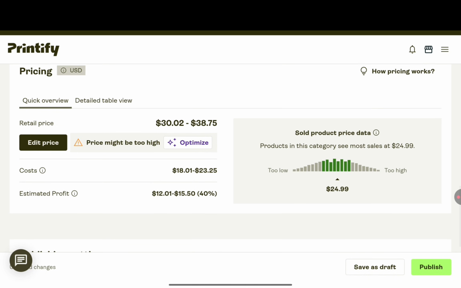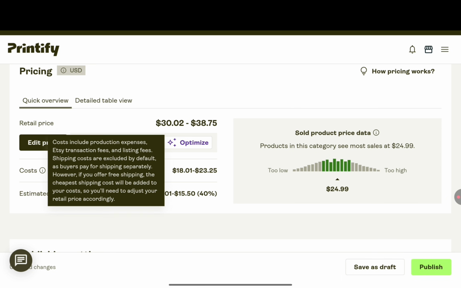And over here is where we're going to be able to set up the prices. Right now, it's telling me that the $30 for this is kind of high for this type of product that people are already selling, right? Now it's giving me an estimation of what people are likely selling this product for. Now in the middle over here it says what? 24.9. Now mind you, I created this account using the US account, United States as a country, so it's kind of a bit high. I mean, they say over here that they're going to be selling this to me at 18 to 23.25, which is kind of a bit expensive, right?